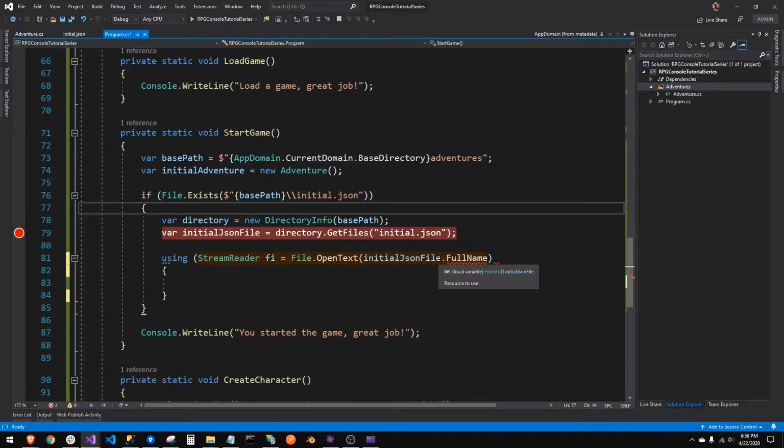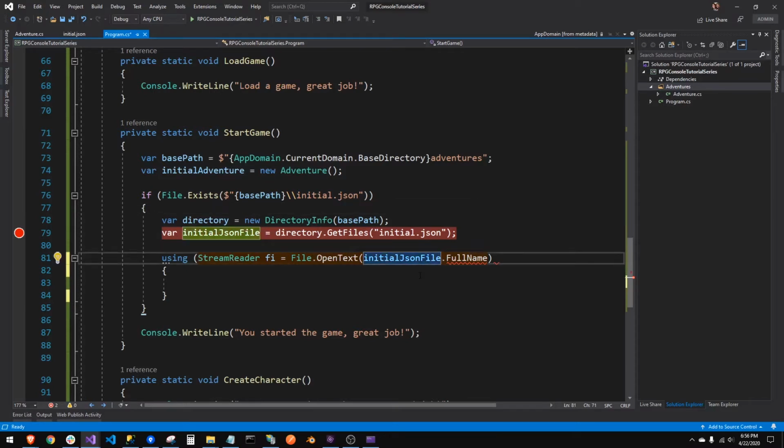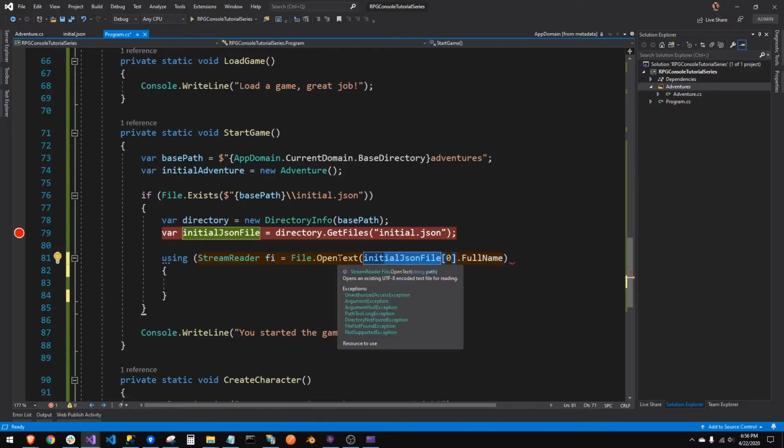So right here, I got to call the actual number of the list item that I want, which is only going to be 1. So I'm going to call 0. That now I'm actually calling out to the right file. I'm looking for the full name, which is the full path of the directory, and I've opened up the file to read. This thing is going to read this whole file,